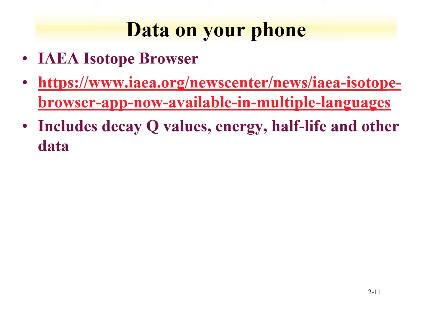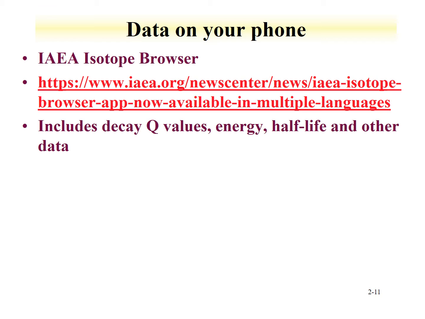Now the data that I showed you is available, the mass excess data, and if I know the mass excess data, I can actually calculate Q values for a number of different reactions. One area where you can find this information, as I already mentioned, is the table of the isotopes, where you can get some of the Q value reactions. But there's also something that you can get on your phone, the IAEA, International Atomic Energy Agency Isotope Browser. Information on the Isotope Browser is available here from this web page, but you can download it from your Android